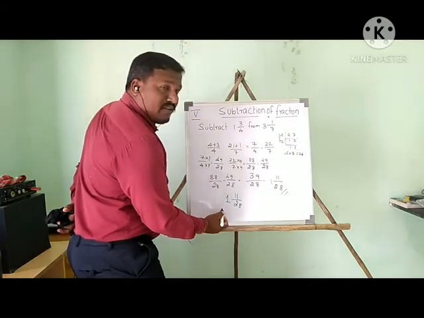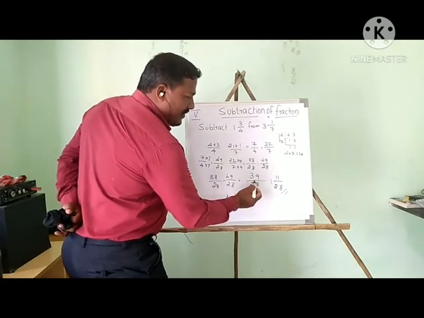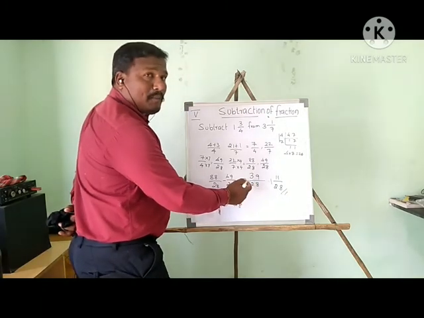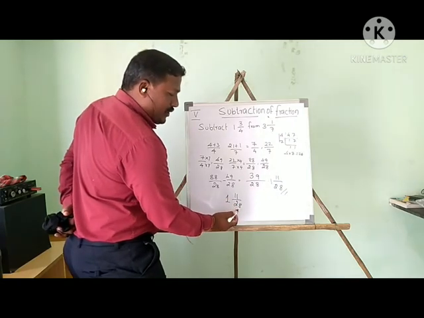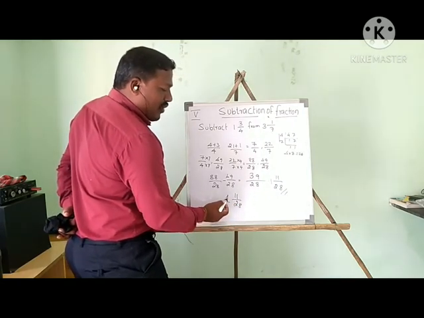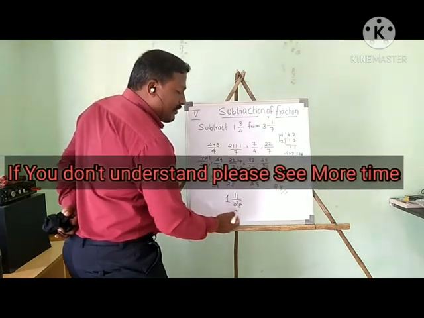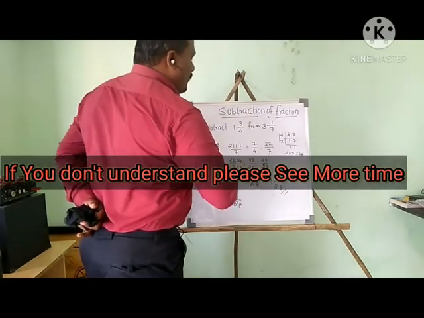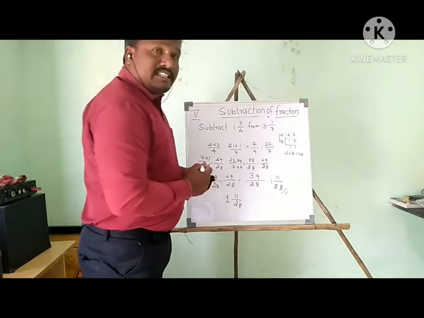But why do we write like this? Do you know? If you cross multiply this, we will get 39 by 28. This is the answer, but it is not a proper fraction. So we will write it as a mixed fraction. What if you cross multiply this? 28 into 1, 28 plus 11, 39. So 39 by 28 we can write as it is. So if you solve this kind of fraction, you have to follow these steps. Okay.